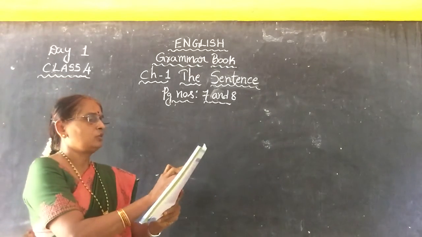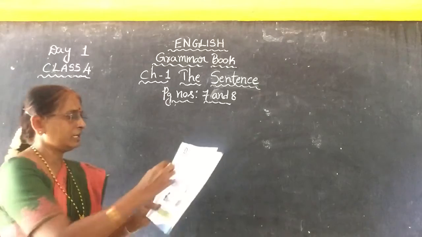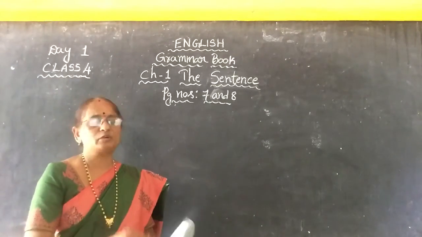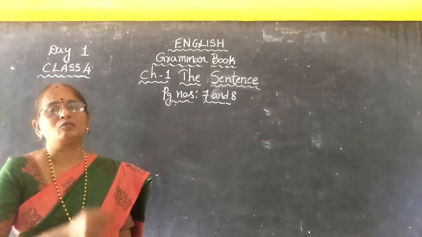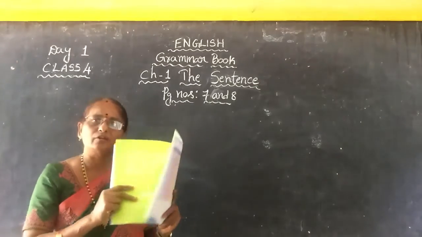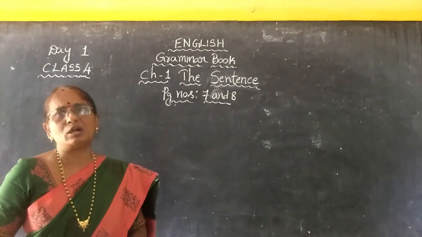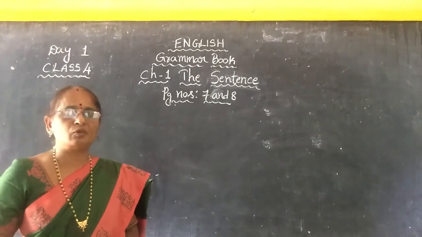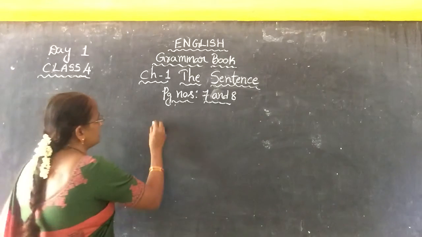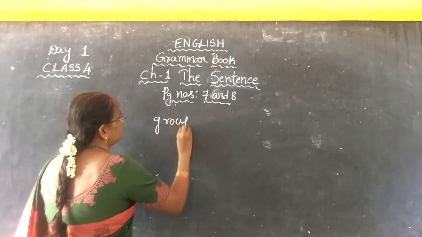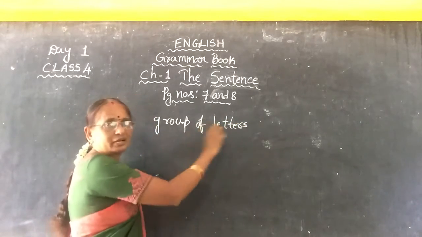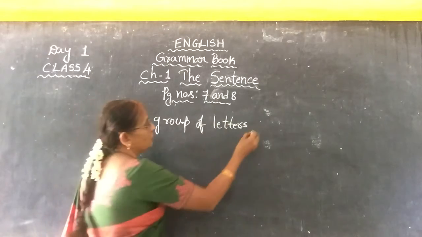Look at this group of words below. Here A, B, C, D, they have given 4 sentences. First, before going to the textbook, you should know what is called a word and what is called a sentence. You are in 4th class, and already you have studied in class 3 and class 2 what is a word and a sentence, how to make a meaningful sentence, and how to arrange the words. Word means what, children? Group of letters. If you write a group of letters correctly, then it is called a word, children.